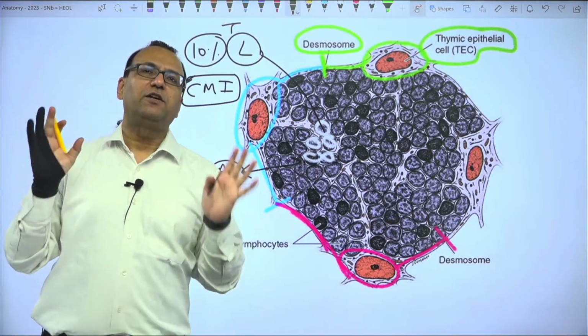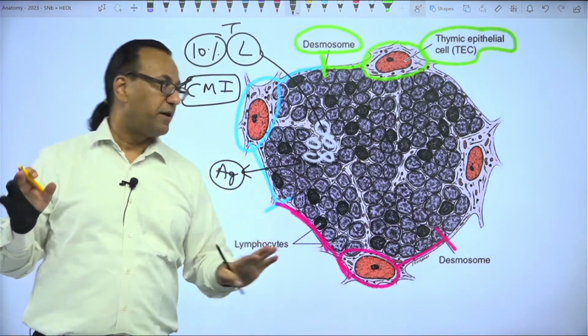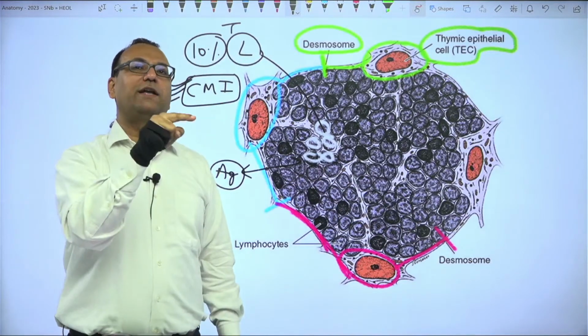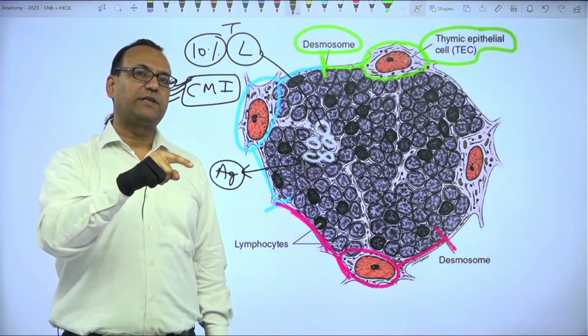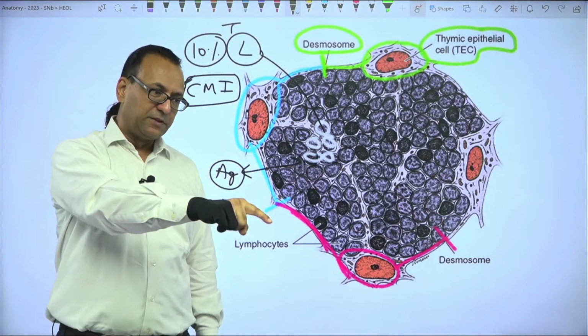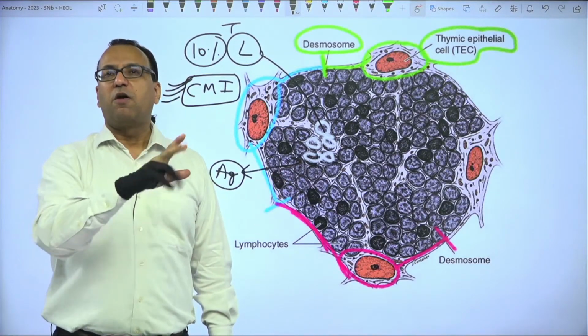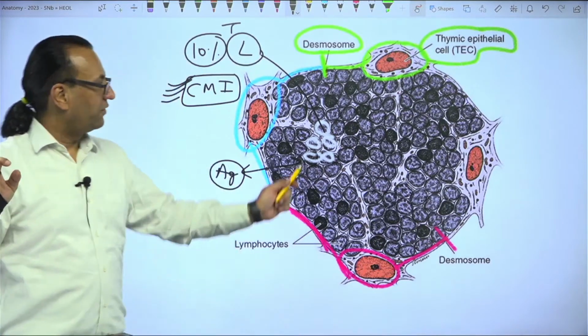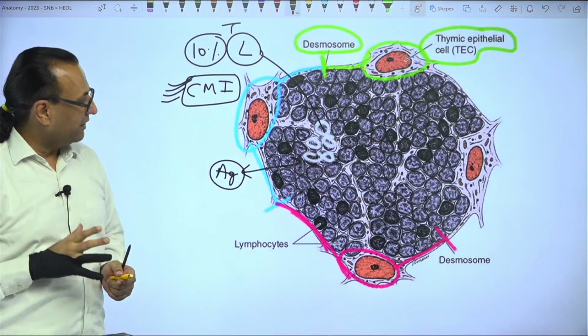disciplined that 90% of the lymphocytes die in the process. Only 10% will survive, which will then be given the stamp that, okay, now you are a T lymphocyte, you are a thymus dependent lymphocyte, and you can go and fight with the bacteria or protozoa and go into circulation now. So then from there they will move into the circulation. Anyway,